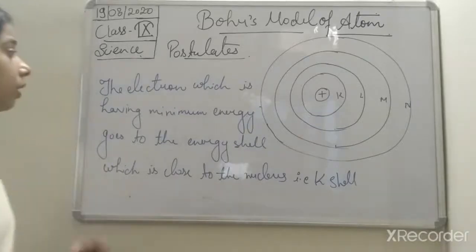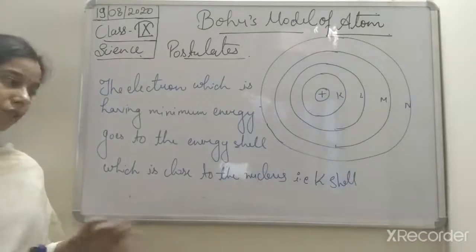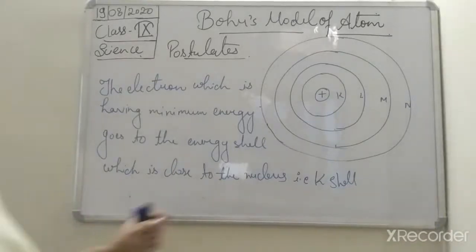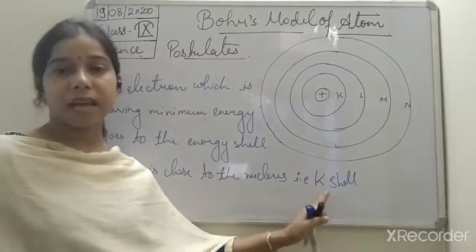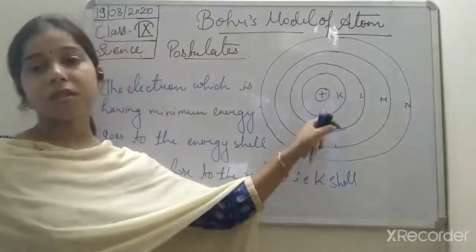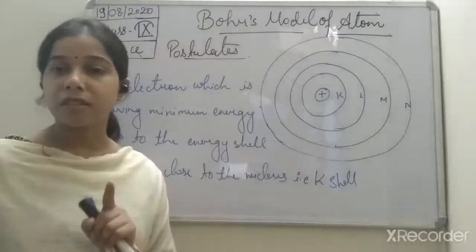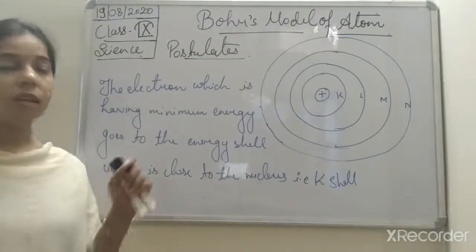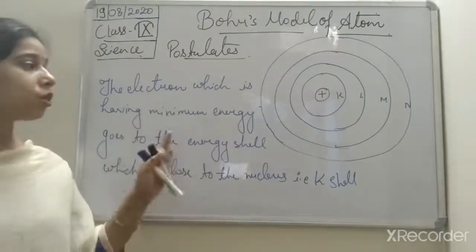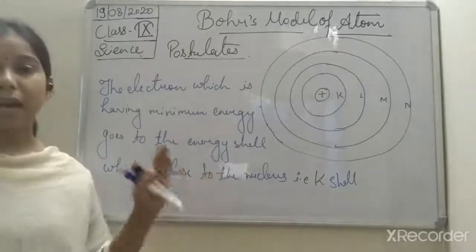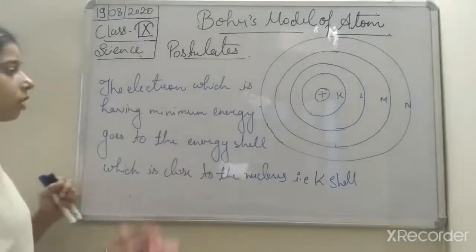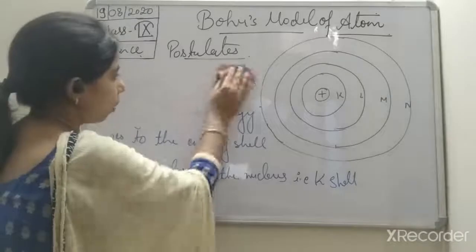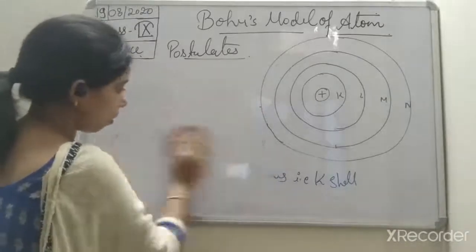Okay, so you see here the electron which is having the minimum energy goes to the energy shell which is close to the nucleus, that is K shell, because students, K shell is that shell which is the closest to the nucleus. It is the first energy shell. So the electron which is having very minimum energy will enter into the K shell. Now you see here, if we talk about the other electrons,